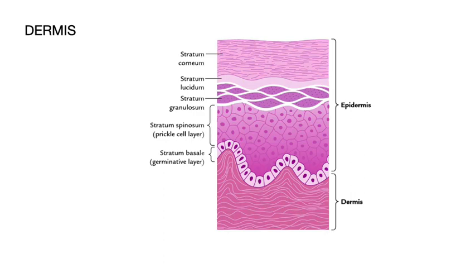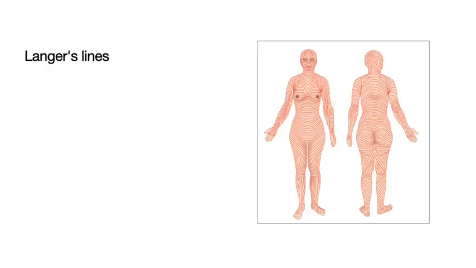Okay, so that is all about the reticular layer, where we said collagen fibers are in parallel bundles giving rise to the Langer's lines or cleavage lines. These are the Langer's lines. See, what you see on the abdomen is horizontal, and on the limbs it is usually vertical. So this is of more interest to the surgeons. So accordingly the incisions can be taken.